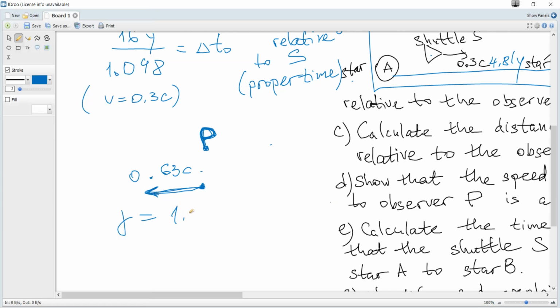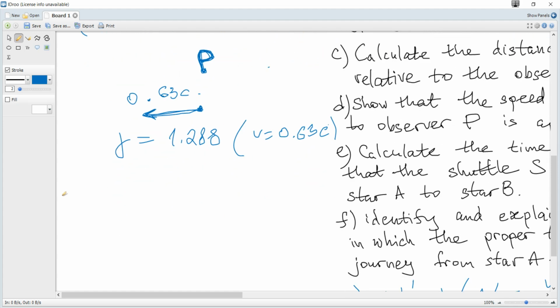Gamma is 1.288 for v is 0.63 c, and hence the required time becomes 16 divided by 1.048, it's proper time, and multiplied by 1.288, and it is equal to